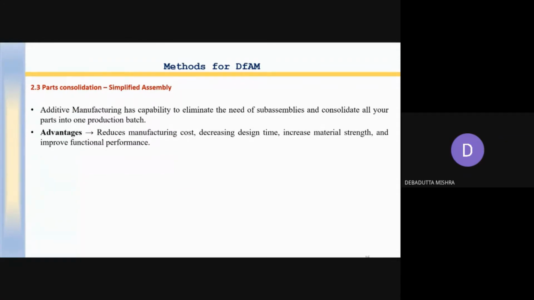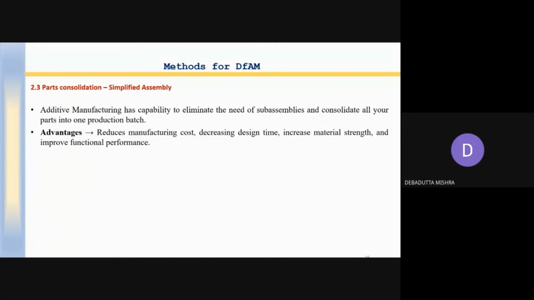Another concept is part consolidation. Part consolidation aims at eliminating or reducing the number of parts or sub-assemblies and consolidating all the parts in one production batch. What are the advantages?